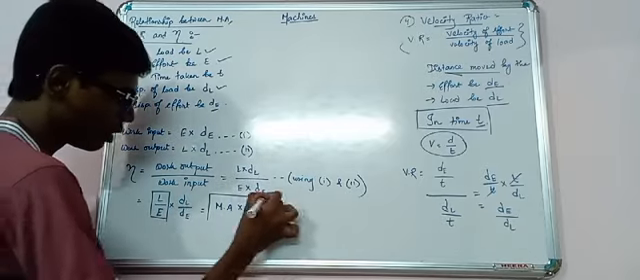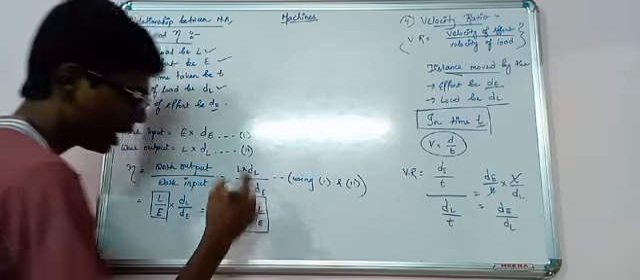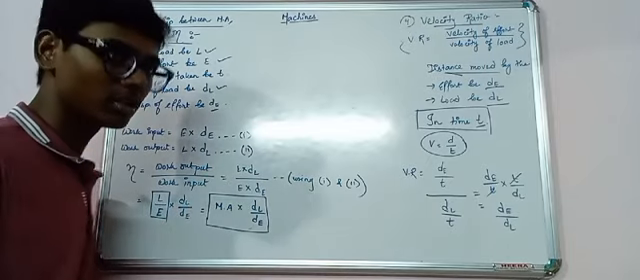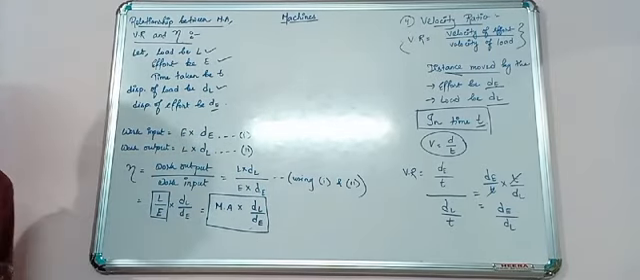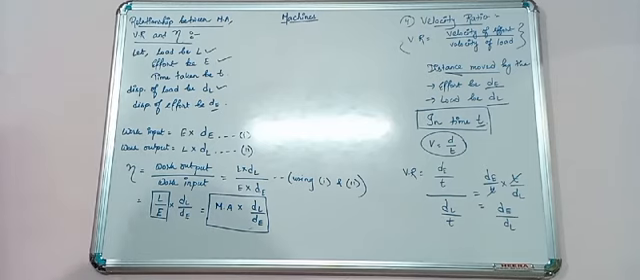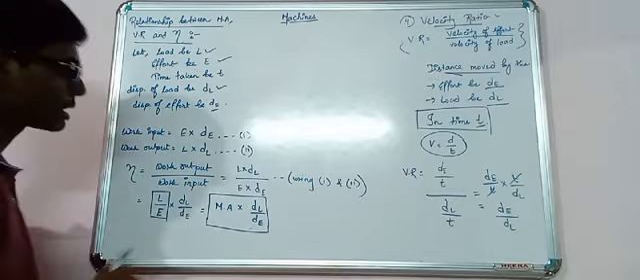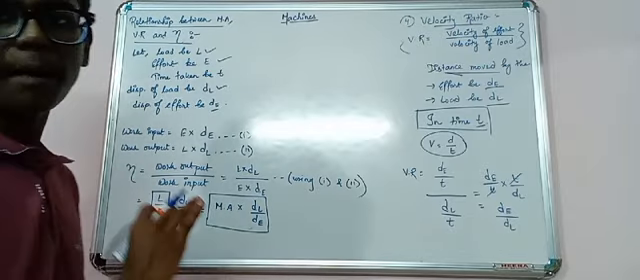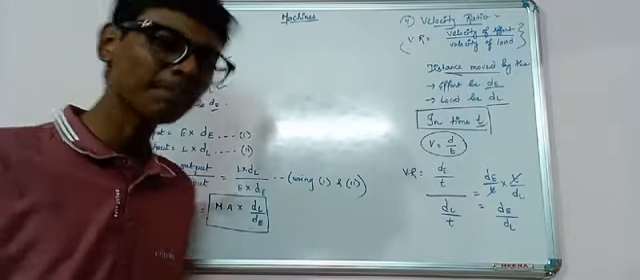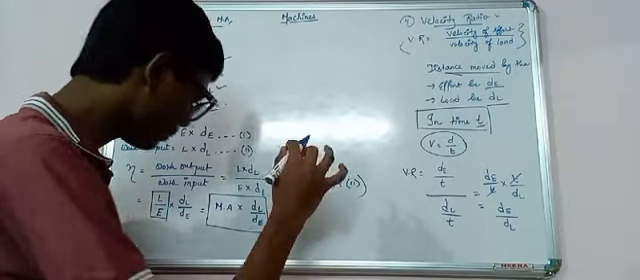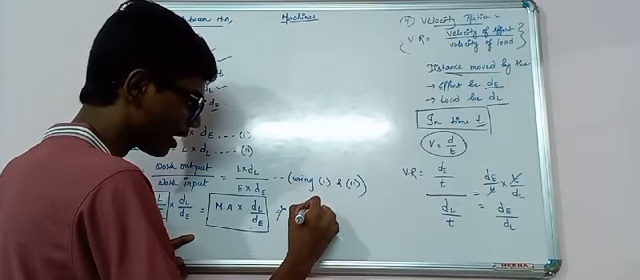Now, we have a solution for this. If we can just make it dE by dl easily, we will be able to find out our velocity ratio. So simply what we will do is, do not apply any concept. Simply apply mathematics. MA